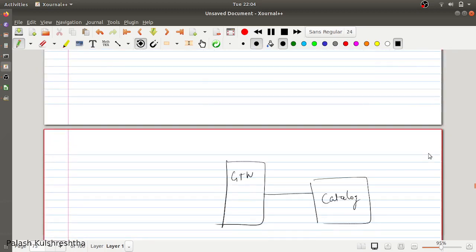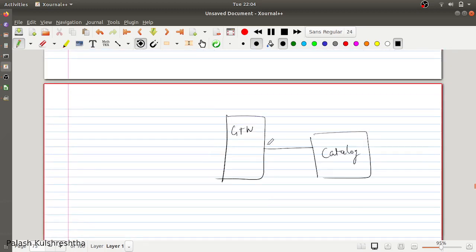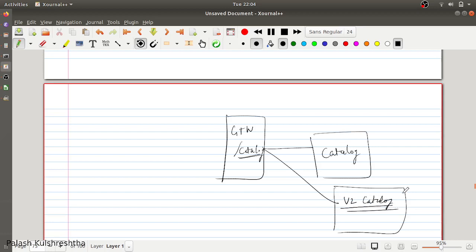But in this scenario, you can just change the configuration. So if till today /catalog traffic was going to this service, you can start sending /catalog traffic to V2 catalog also. It can either be a 100% rollout.